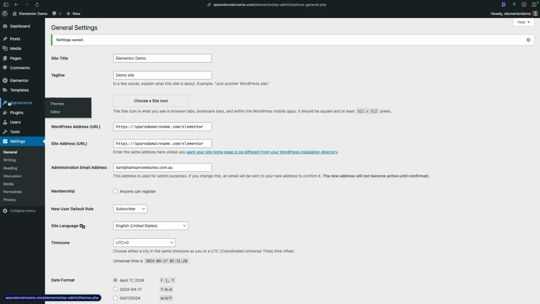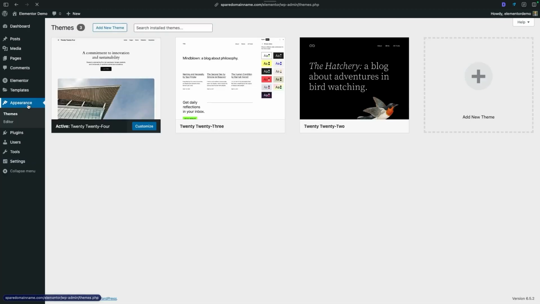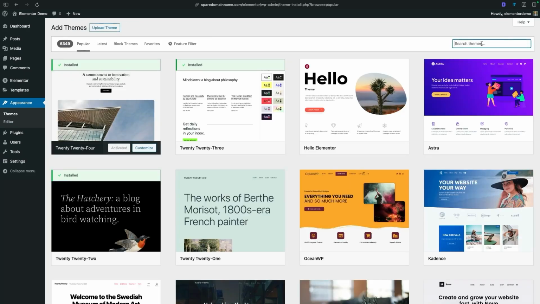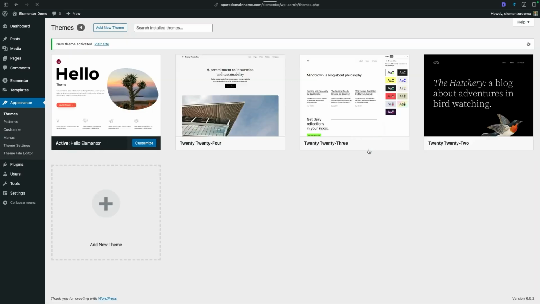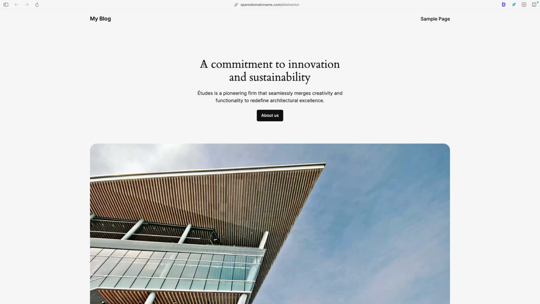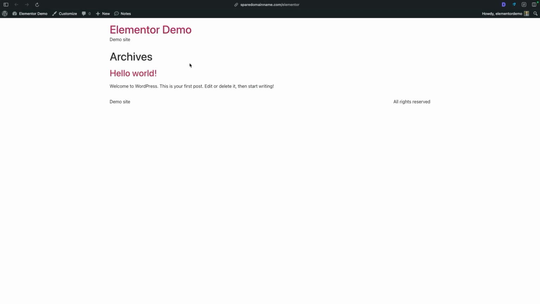So to do this, go to the Appearance section and then Themes. And then you can see we're using the 2024 theme. So we'll click Add New and we'll search here for Hello, and you can see it's right there. So we'll click on Install and then we'll activate that one. And now if we go to our website and I refresh this page, you'll see it's all changed to a